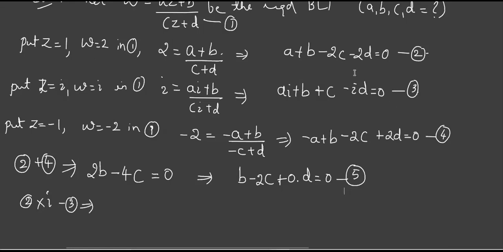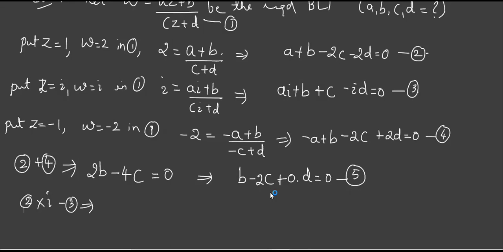Keep in mind, after simplification you are getting one equation not containing A. Try to find one more equation not containing A. Maybe for other problems, B may be eliminated, or C or D. See that and decide. Let us apply this. If I multiply by i and subtract, these two will go.